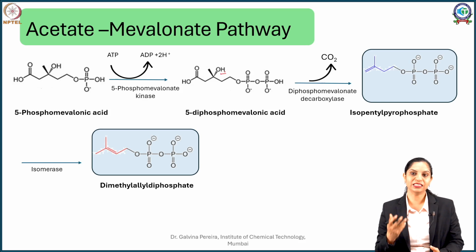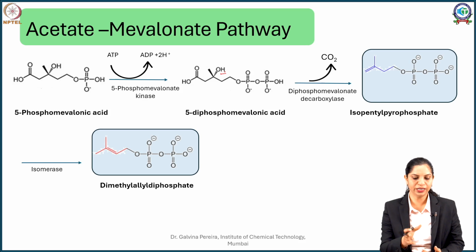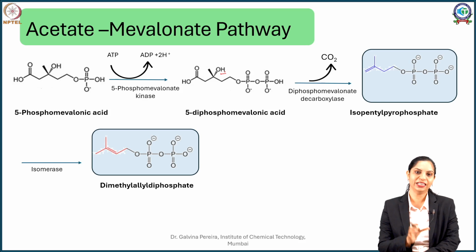In some cases, it is suggested that the phosphorylation is eliminated first, the reduction happens, and then it gets rephosphorylated. But going by the most abundant rule, what we say is the phosphomevalonic acid gets phosphorylated one more time in presence of an enzyme, 5-phosphomevalonate kinase, and what happens here is you get your